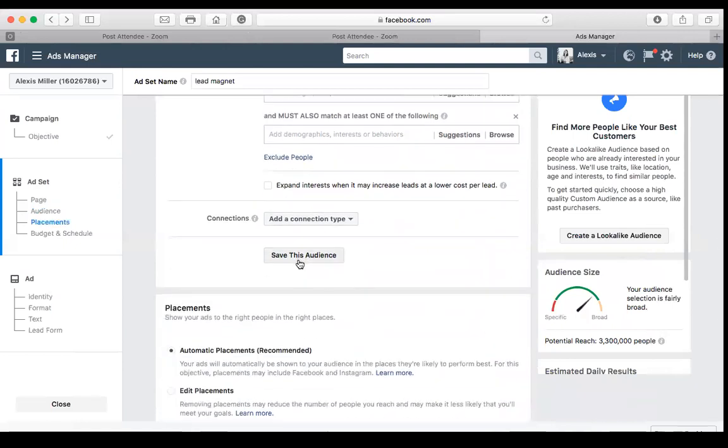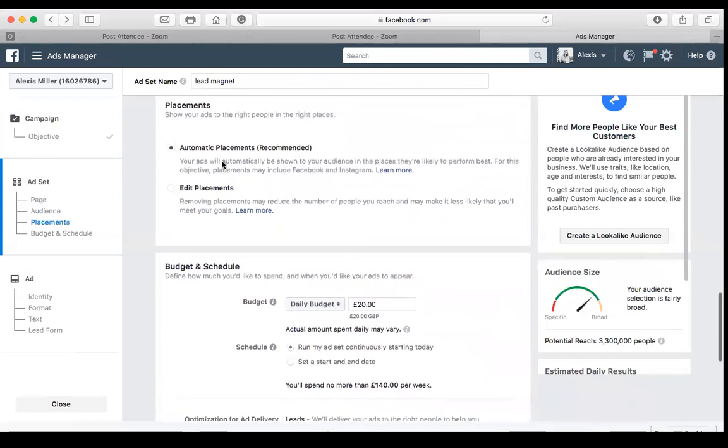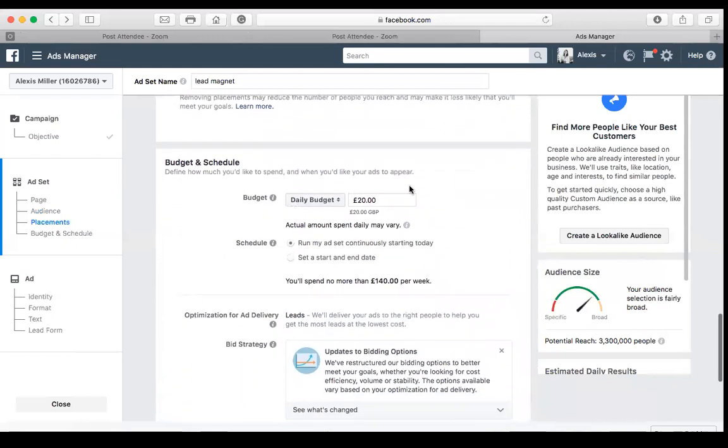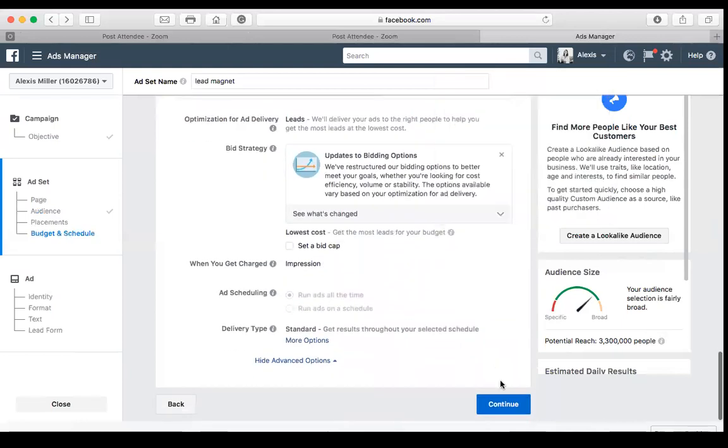Then we save the audience. Then you can roll down here to automatic placement. We would always do that, especially when you're just learning to do the ads. Then you click your daily budget, which can be absolutely anything. An ad spend of £5 a day can be really effective as long as you have narrowed that audience down to your absolute target market. So you don't need to spend a fortune. You work out your daily budget, obviously. And then when you click through,